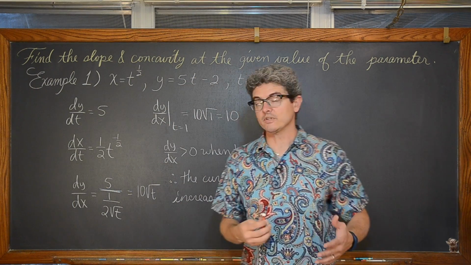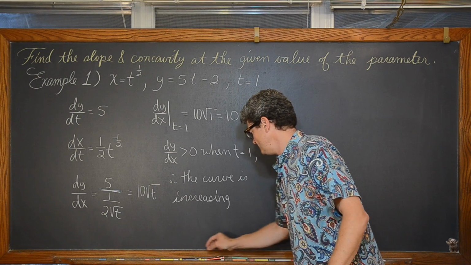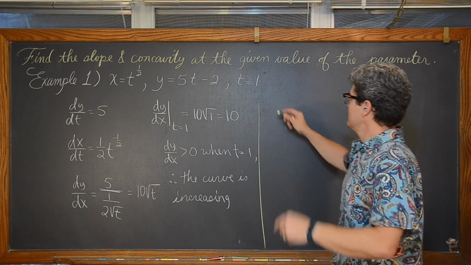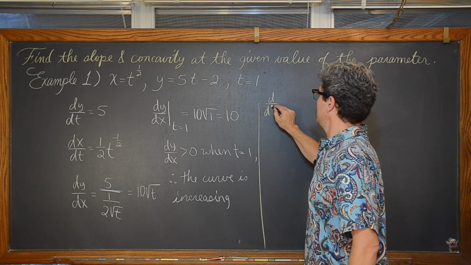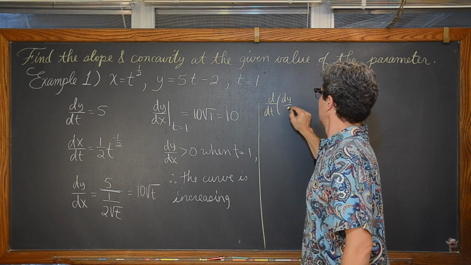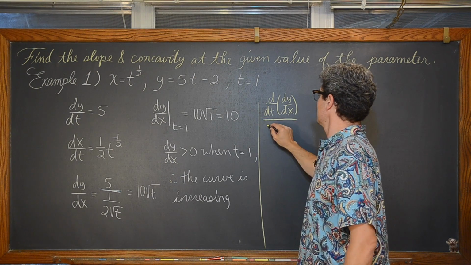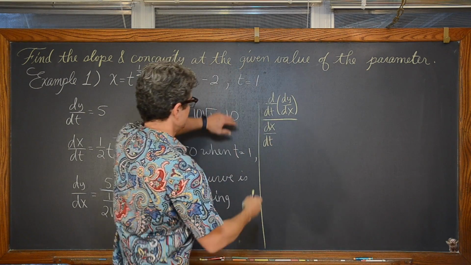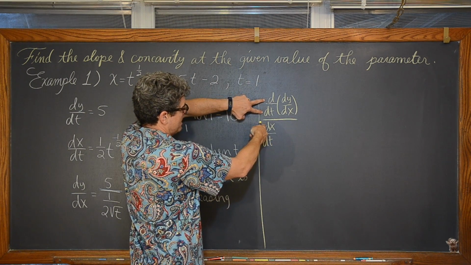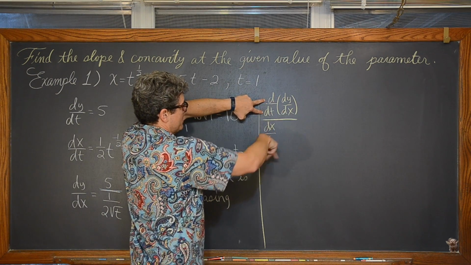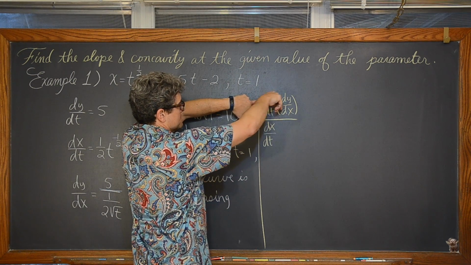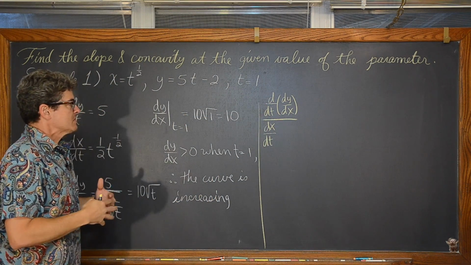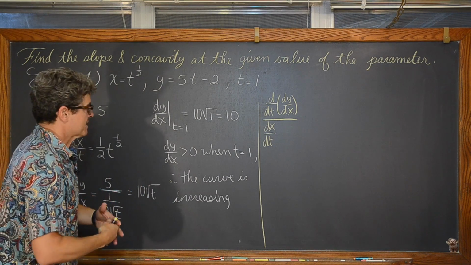Okay, now what about that second derivative? The second derivative, let's get a different colored chalk here. The second derivative is the derivative with respect to t of dy over dx, over dx dt. Again, you can see that if we were to bring this bottom fraction up and multiply, showing it as dt over dx, the dt's would cancel out and we'd have dx. So we talk about that sort of change in y over change in x in terms of the second derivative.